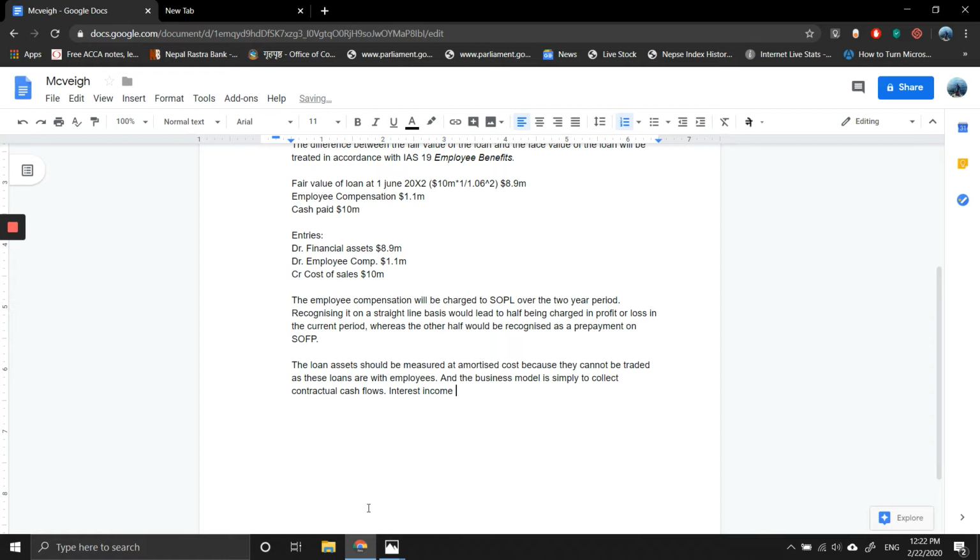Interest income will be calculated using the effective interest rate, which is 6%,